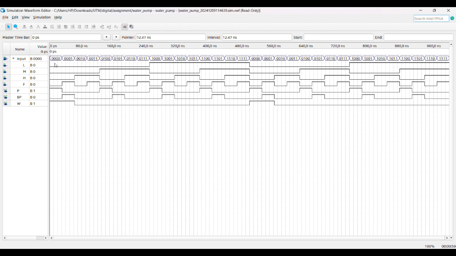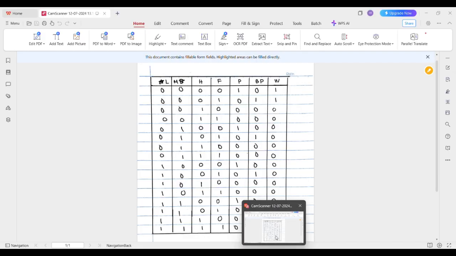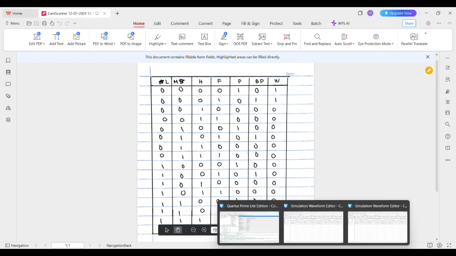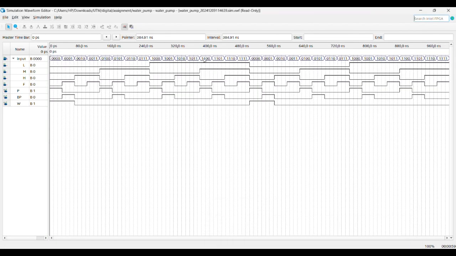So continue. When the input is 0, 0, 0, 0, the pump will become 1, and the W will become 1 also, but the BP will stay 0. So we compare it with the truth table. When the input is 0, 0, 0, 0, the pump is 1 and the W is 1. Okay, we take another example, like here, 1000.